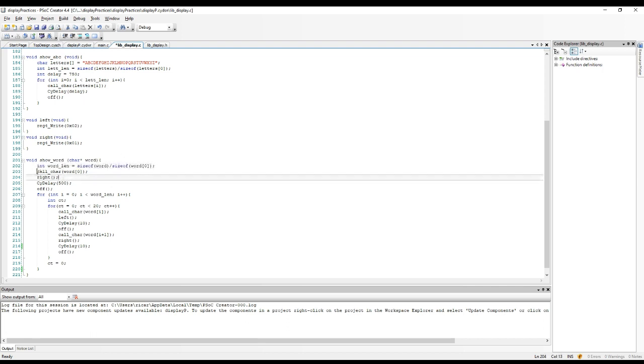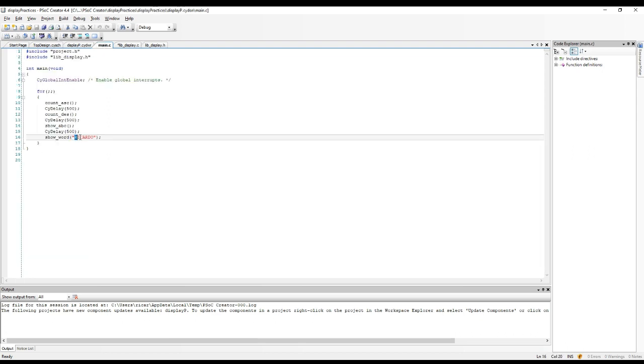After calculating the length, we're going to show the first letter on the display. In a specific way, we're going to show it on the right side of the display, and the first letter is going to be the R that we have here